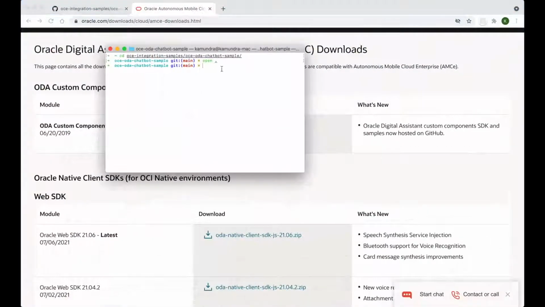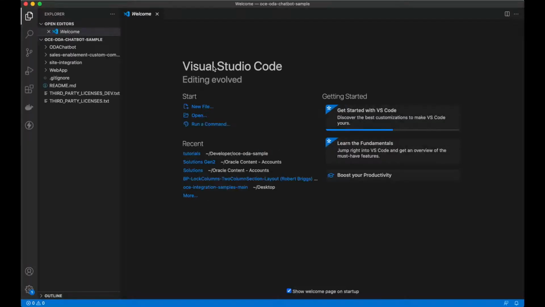Now let's open this project folder in a code editor like Visual Studio or Atom or any other IDE to work with this project. I am using Visual Studio Code. Within our directory structure, we have 4 folders. The ODA chatbot folder is the Oracle Digital Assistant skill that helps to define the chatbot behavior and dialog flow. You have to zip the contents of this folder and import that zip on your ODA instance in the skills section to set up your skill. We already have it set up on our instance.